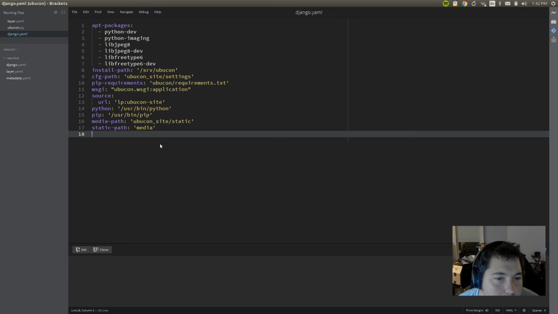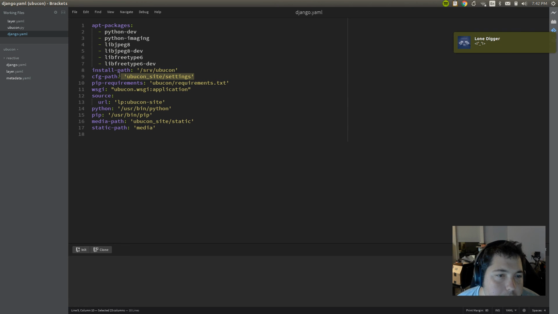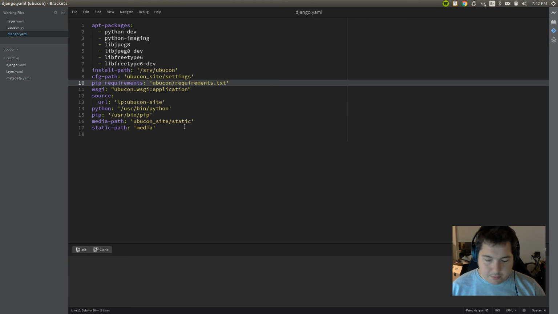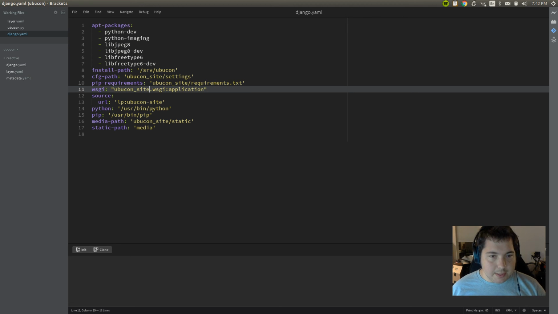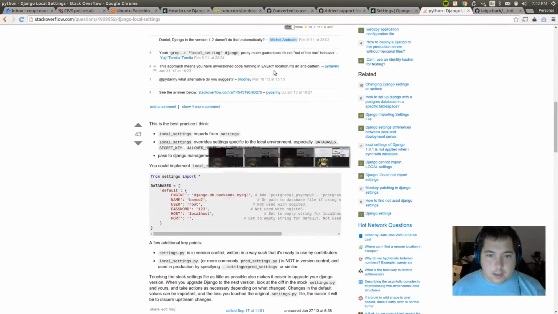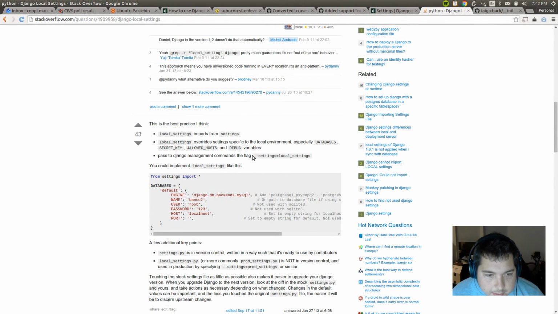Okay. So I have the config path here. So what I'm going to do is take the base dir of this, which is just a bootcon site. For most others, it'll just be the root directory of the install path. Okay. This is a bootcon site. This is also a bootcon site. .wsgi. And it looks like I just need to pass this